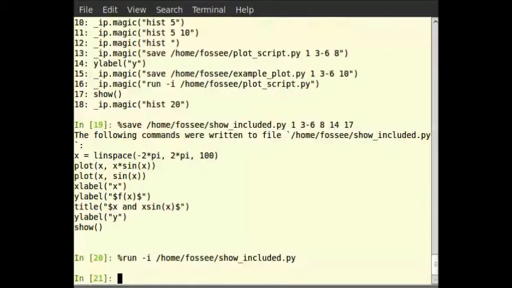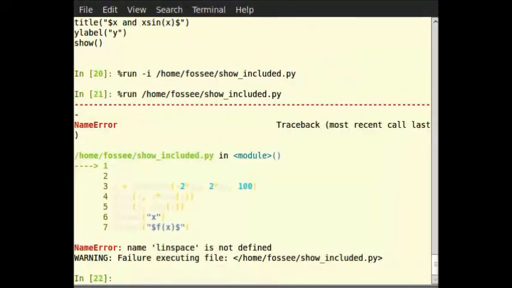So you can type %run /home/fossee/included.py. We see that it raises a name error saying that the name linspace is not found.